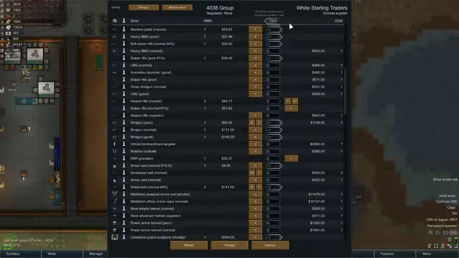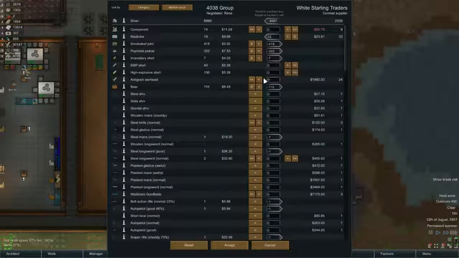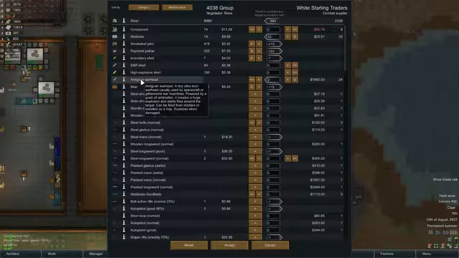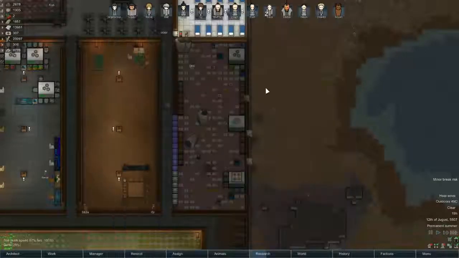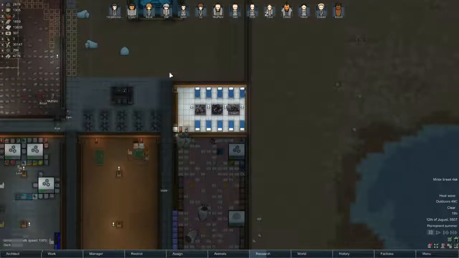Okay, so we've got about 5 grand to play with. Let's have the orbital bombardment targeter because, you know, they are fun. And I suppose we'll have a couple of the anti-grain warheads. Thank you. Seriously, you put it outside instead of...